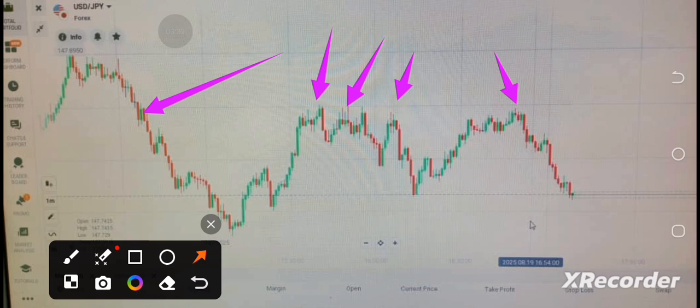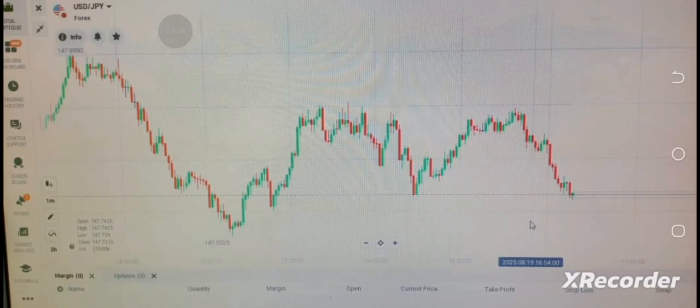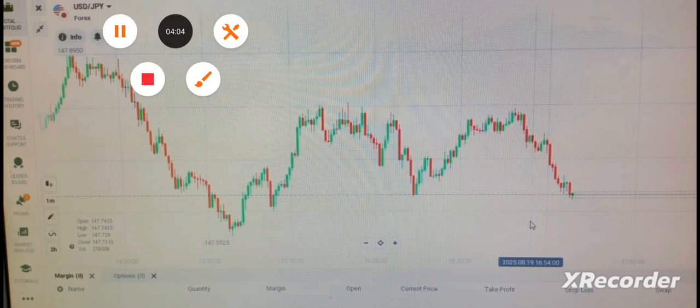Okay, so all the above areas that I just indicated are your entry points, especially if the major trend is a downtrend. Okay, you know, this is just a screenshot. I'm not seeing the overall chart. So especially if it is a downtrend, it means you can go with the sellers. So for the concept of demand and supply,